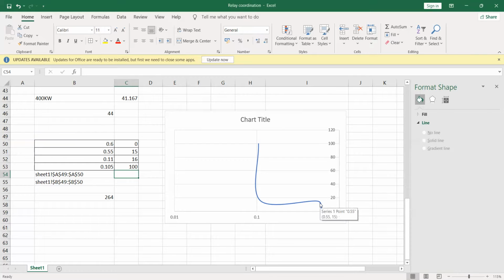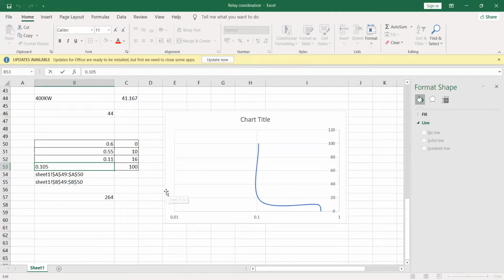But see what has happened here. At 0, 15. 0.11 at 16, I would say 14, 10, and 0.105, 80, 0.1, 0.109, 4.1.